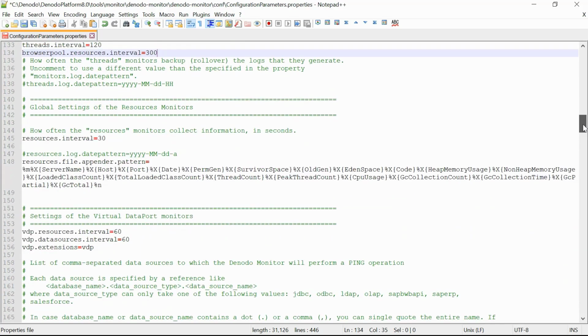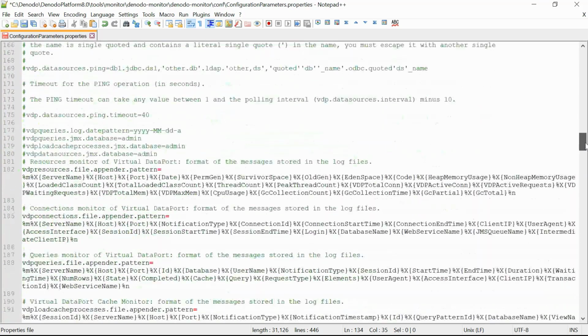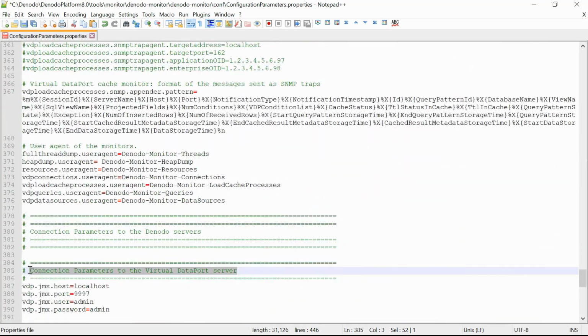For this demo, let's scroll down to the Connection Parameters section for the Virtual DataPort server for changing the connection-specific information. Here, you can change the values of all the properties: JMX host, JMX port, JMX user, and JMX password based on your Virtual DataPort server details.